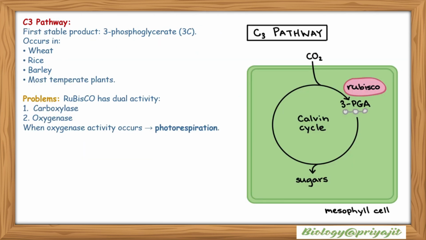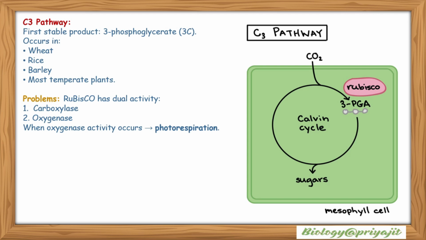C3 pathway. Now let us understand the C3 pathway of photosynthesis. The C3 pathway, also known as the Calvin cycle, is the most common pathway of carbon fixation in plants. In this pathway, the first stable product formed is 3-phosphoglycerate, which contains 3 carbon atoms, and therefore it is called the C3 pathway. This pathway occurs in many important plants such as wheat, rice, and barley, as well as in most temperate plants. The key enzyme involved in this process is RuBisCO, which helps fix carbon dioxide during the Calvin